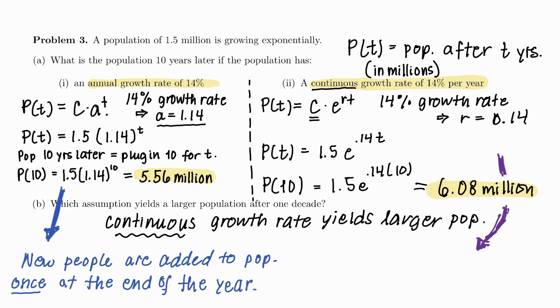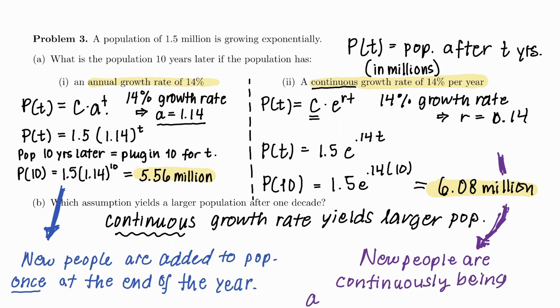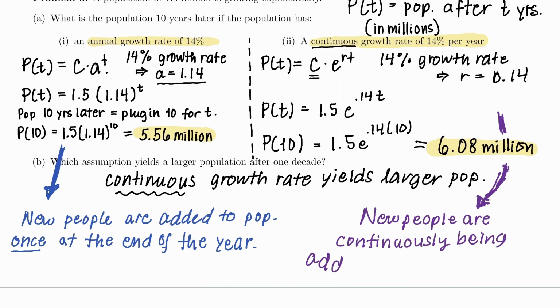So if I'm using a continuous growth rate, this means that new people are continuously being added to the population. And this